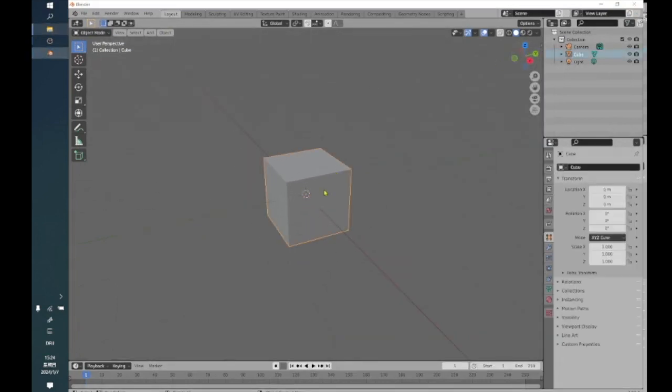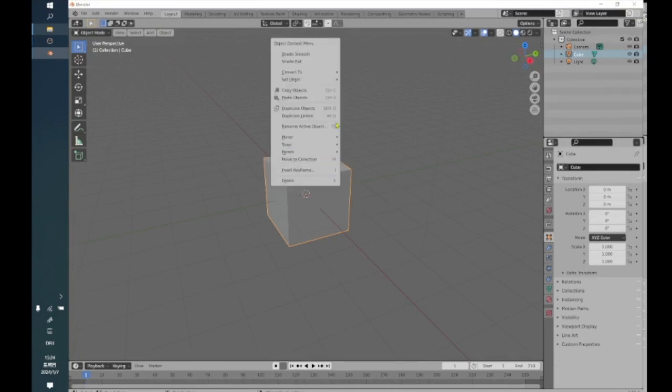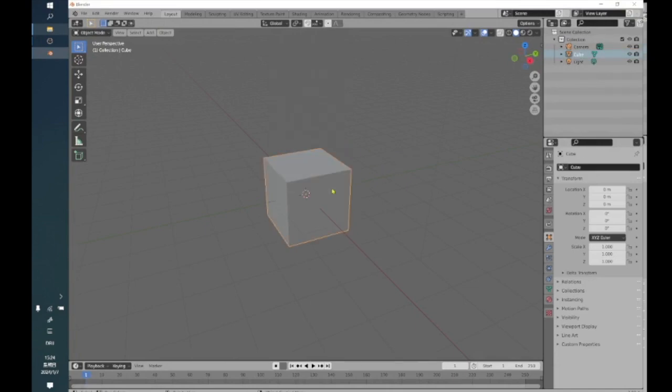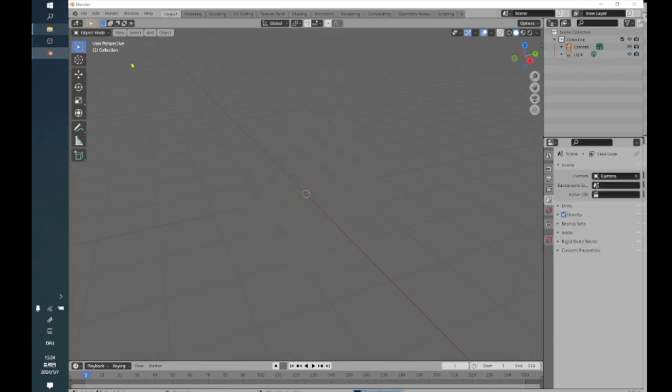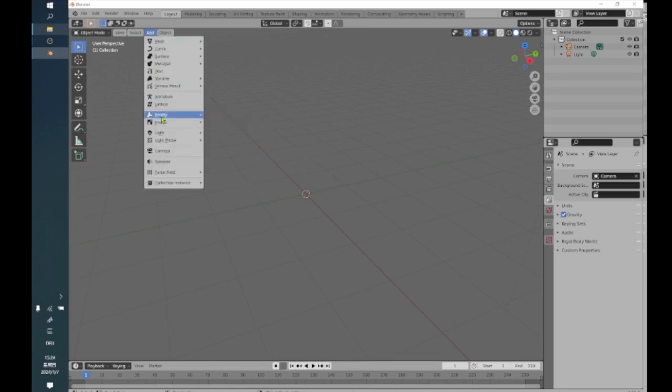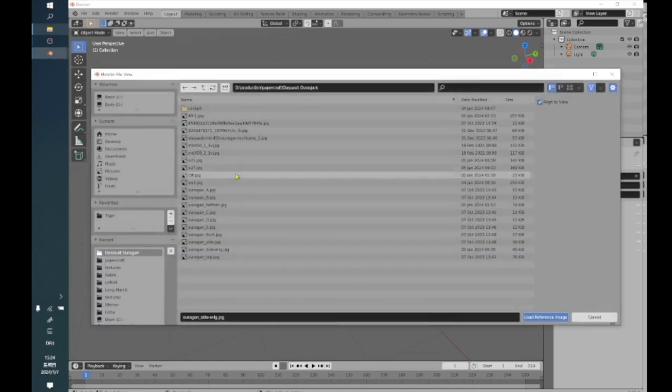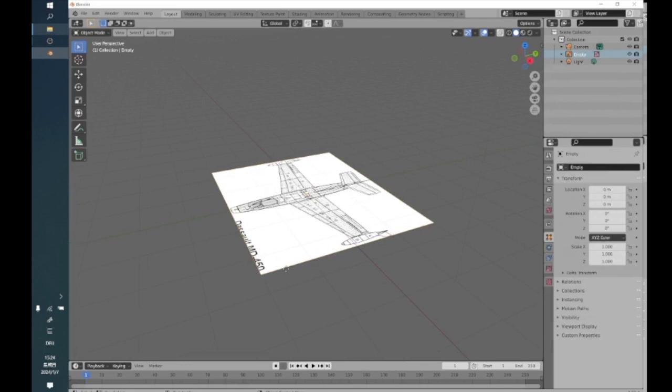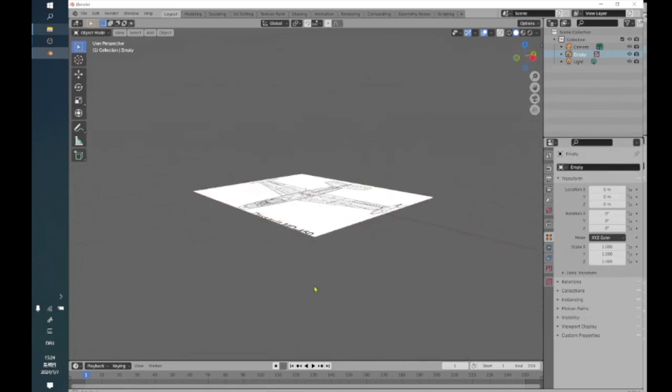For the plane, it's a good idea to have the size of the object. What I usually do is set up a cube with the full size. Actually, I'm going to have a separate video about this particular plane, so I'm just going to show you, because I don't need to look up the sizes now, but I will bring in an image. Here, if I go to reference image, I can choose my top view, and normally if I load it, it will be placed in the origin in this position. But what I actually need is this